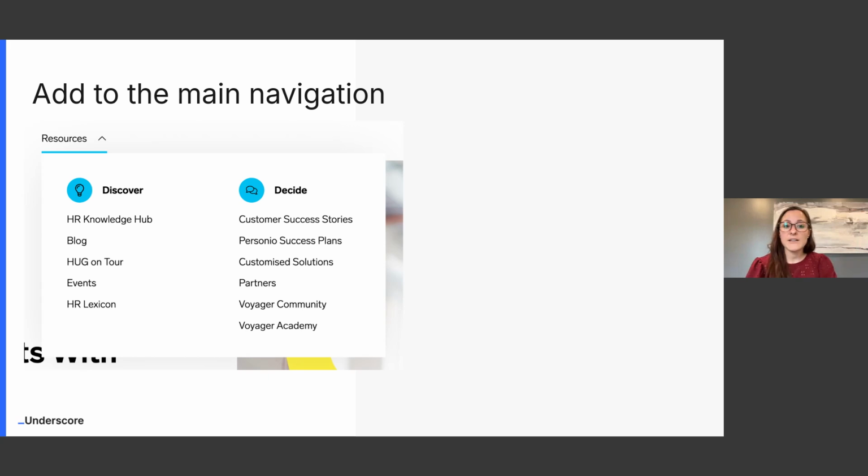Right? So if you can add to your navigation a way for them to easily find your education content or your online academy, that makes it so much easier from the user experience, customer experience perspective to find your education program and content. But from a prospect perspective, someone who's looking at your company, they can see, oh, they have a community, they have an academy, they have these different resources that could help me to be a successful user of this product. So adding it to the main navigation, that's an example.